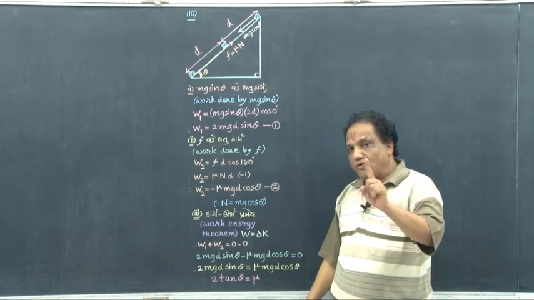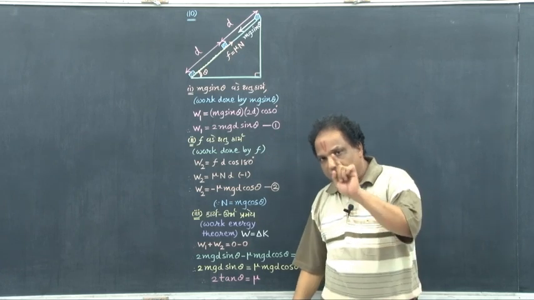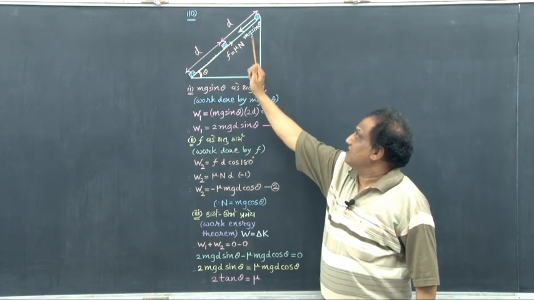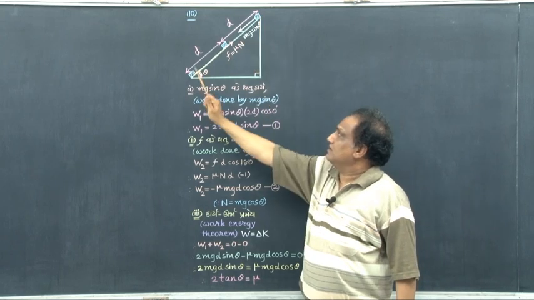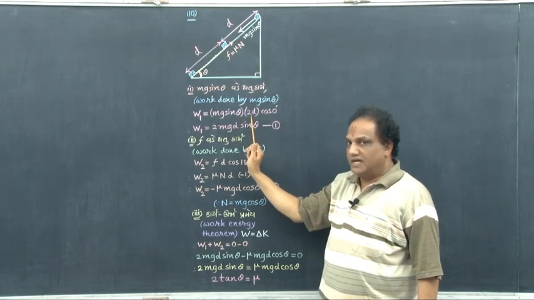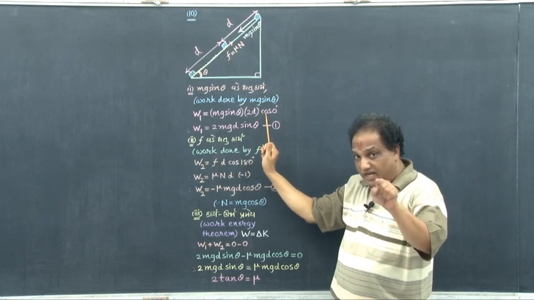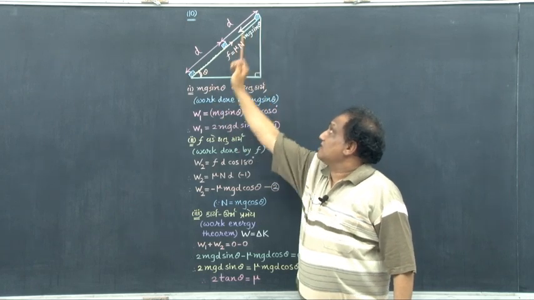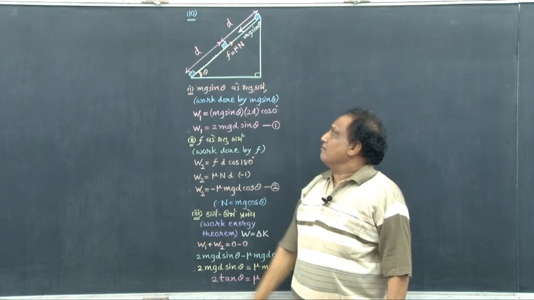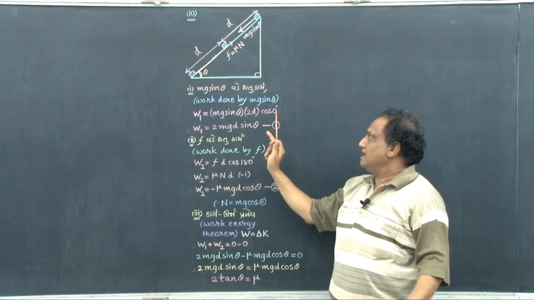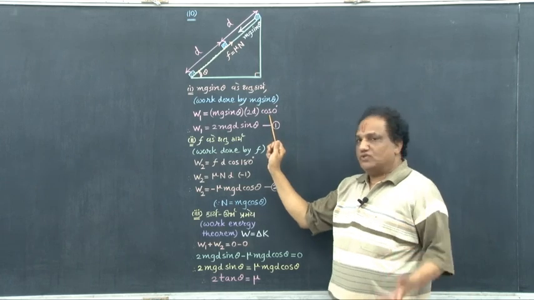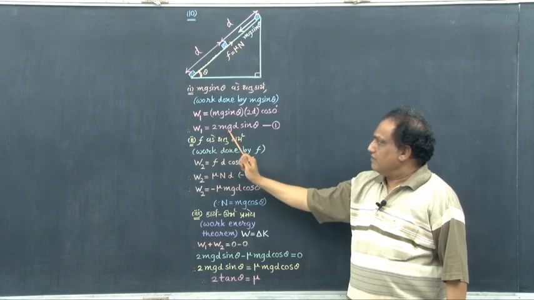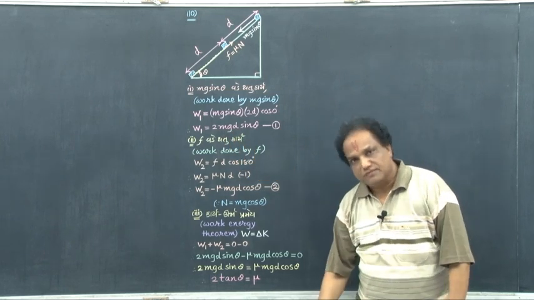Okay. Then you know the formula of work done by a constant force. It is constant force multiplied by displacement multiplied by cos theta. Constant force right now is mg sin theta. Displacement from here to here is d plus d, that is 2d, correct, multiplied by cos theta, where theta is the angle between force and displacement. This force is in this direction and displacement is also in the same direction. Because these two vectors are in the same direction, the angle theta would be 0 degrees, cos 0 is 1. So, it is now 2 mg d sin theta, give it equation number 1, correct.